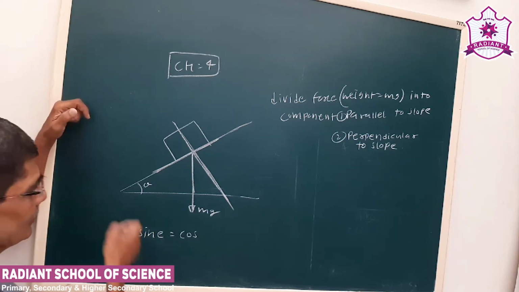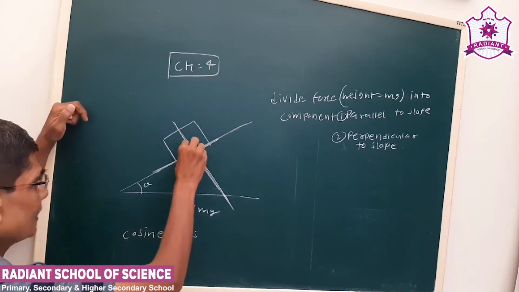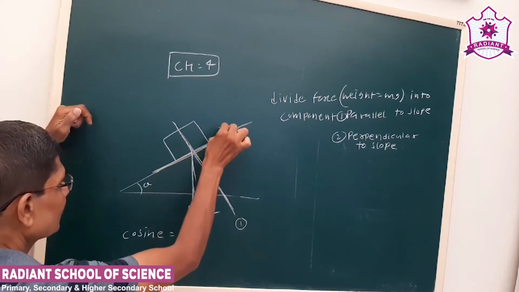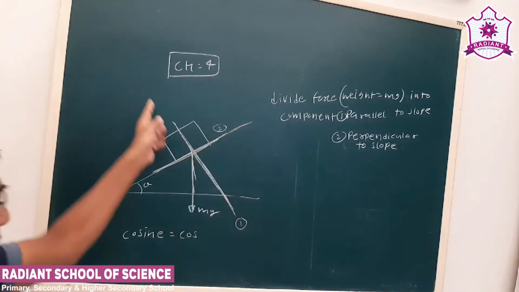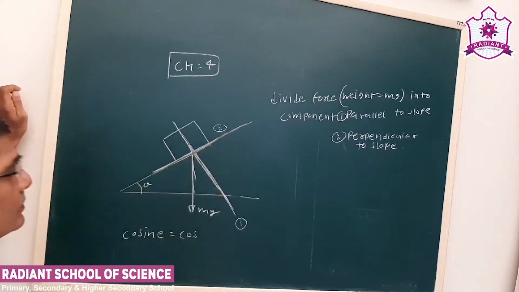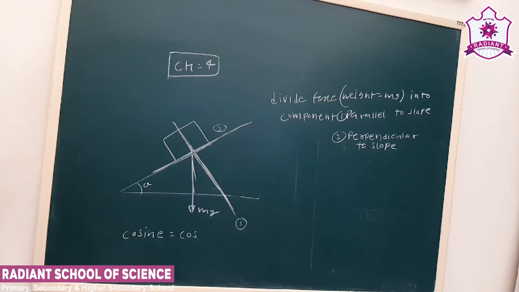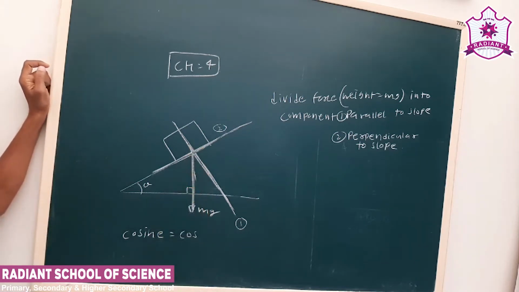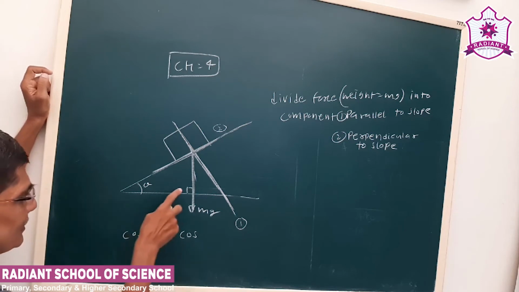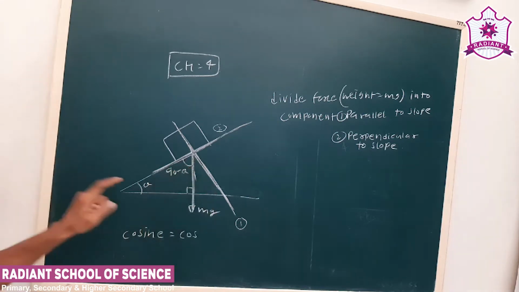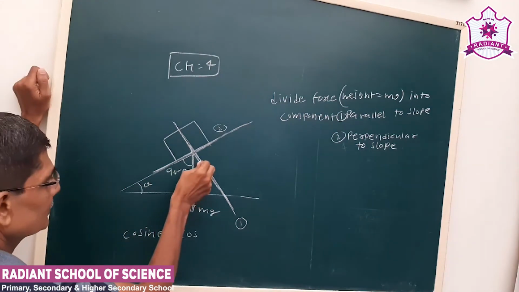Now see here, this angle is theta. This is a vector, this one is our direction and the second is our direction. One is perpendicular to the slope; this line is perpendicular to the slope and this line is parallel to the slope. Now how can we do this very easily? See what we have done. The weight is always in the downward direction. You see this angle is theta. Now see the angle sum property. Theta, 90, so what will be this angle? 90 minus theta. Again these two are complementary angles.